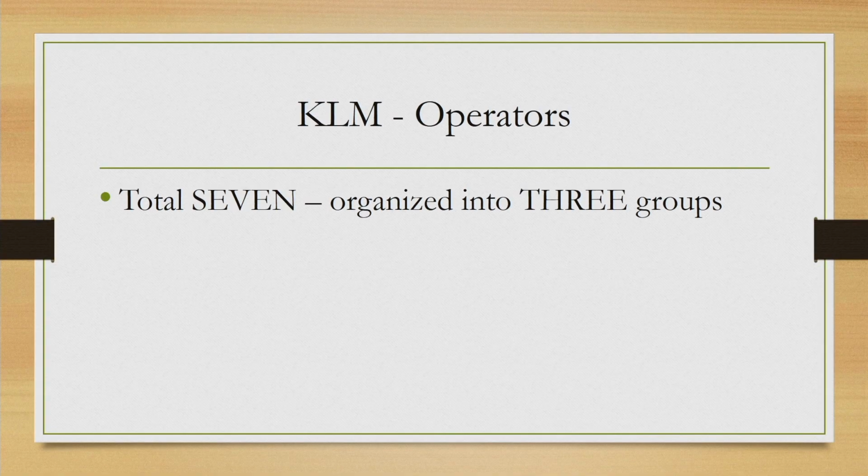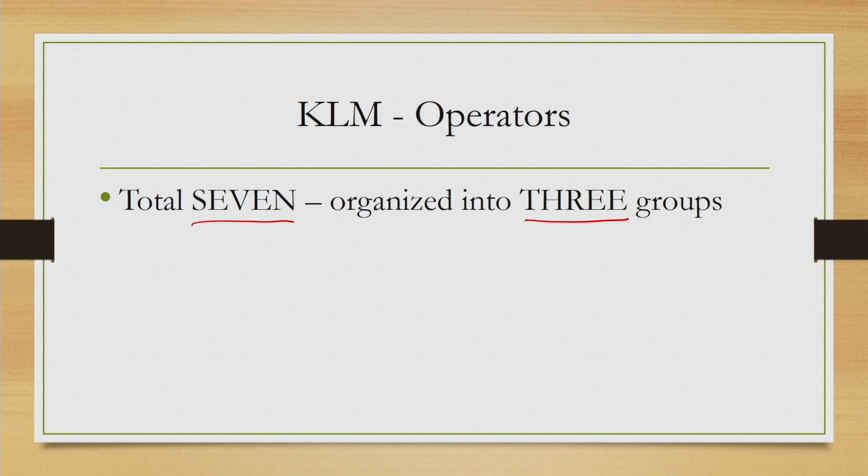So, that is the fundamental assumption behind the idea of KLM, or keystroke level model. Now, what are these operators? When we talk of operators, we gave a generic definition that these are low level cognitive tasks. In KLM, a total of 7 operators were defined, and these operators were organized in the form of 3 groups. So, let us see what these operators and groups are.